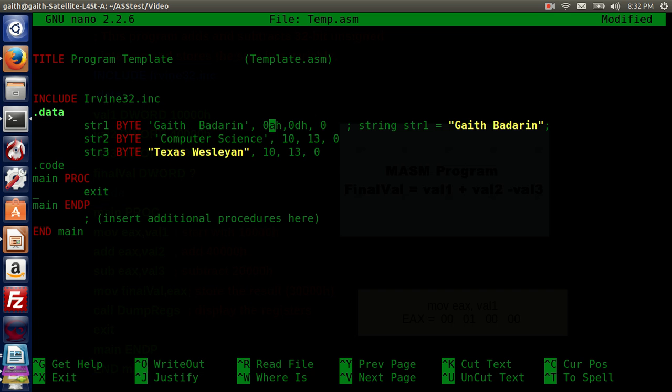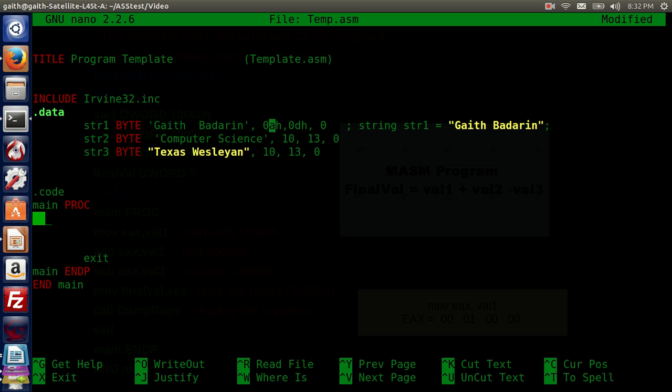And this is how my code looks here. Here's the template of any code, how it should look. Now this is the code part. That was the data part. Now we have the code part. The first thing we need to do is move EDX the offset of string 1. The offset of string 1 is the base address, the address of where G is. I'm moving it to EDX,